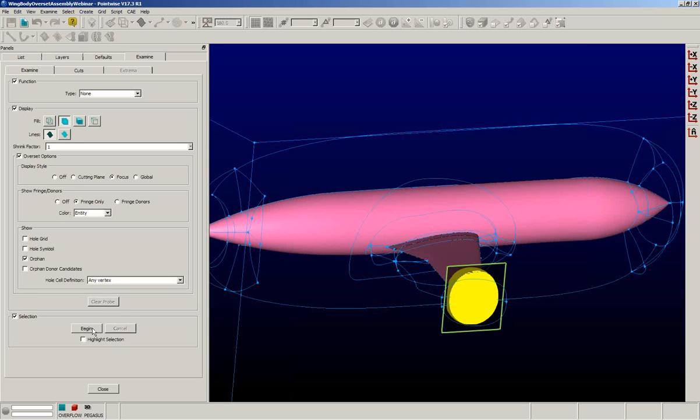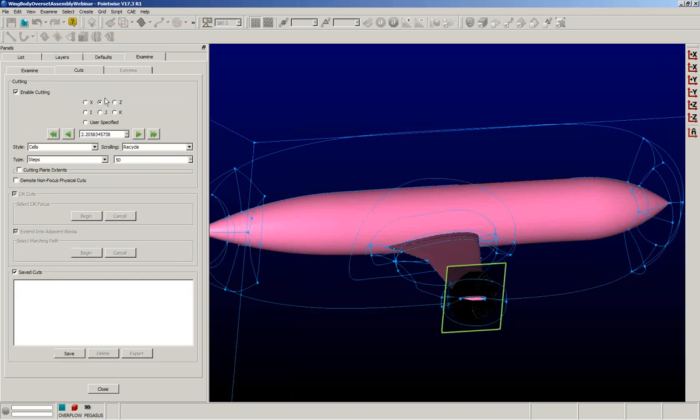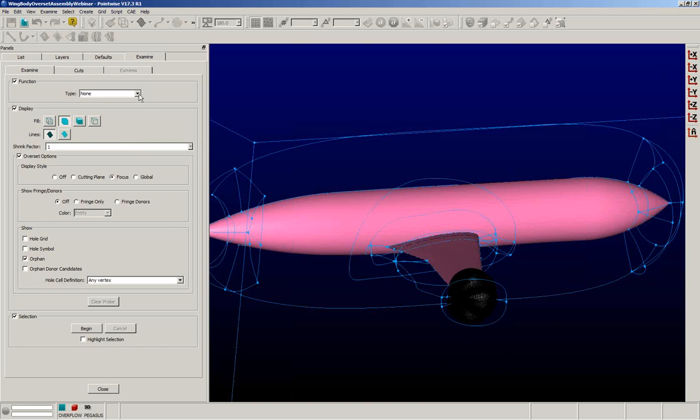click on N to end the selection. I'm going to turn off those fringe points again. And let's go back over to the Cuts tab, and I'm going to change to a K computational cut. And I'm going to just click on the left arrow here to have it pop out to the K max plane. And what I want to look at is one of our new